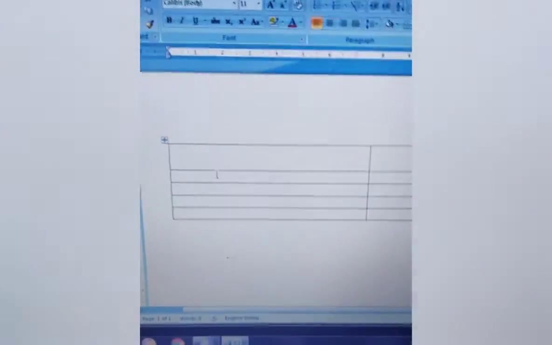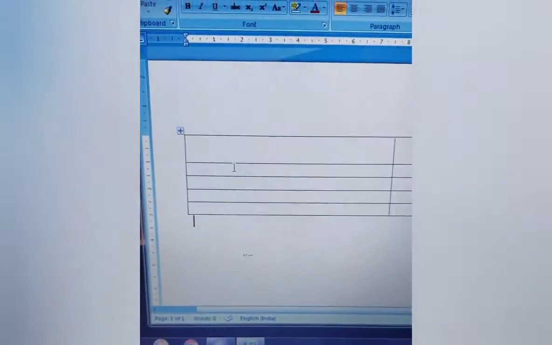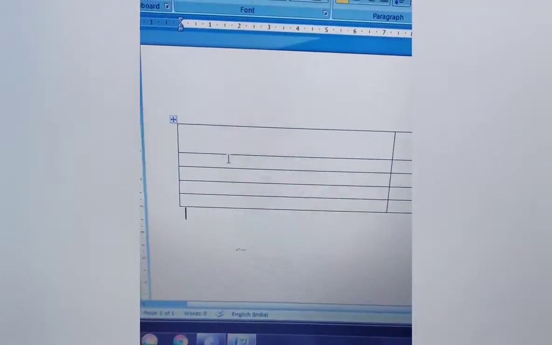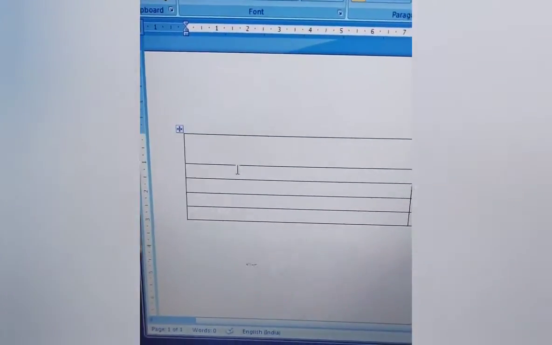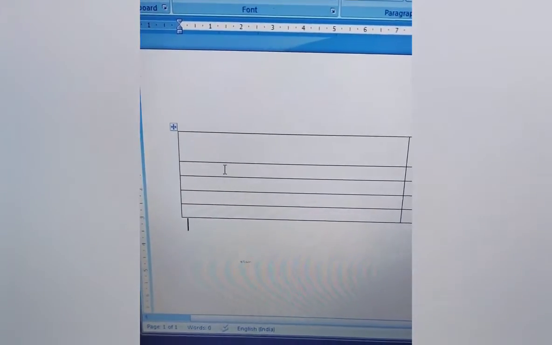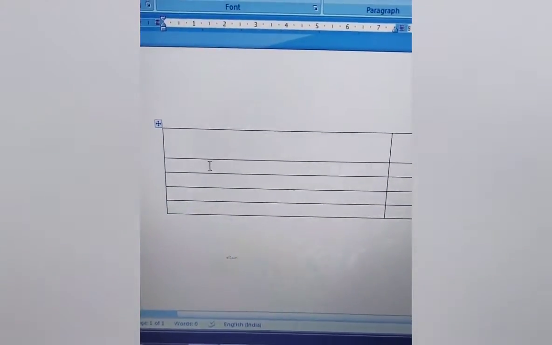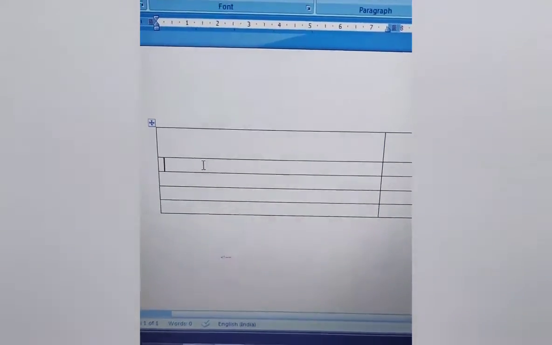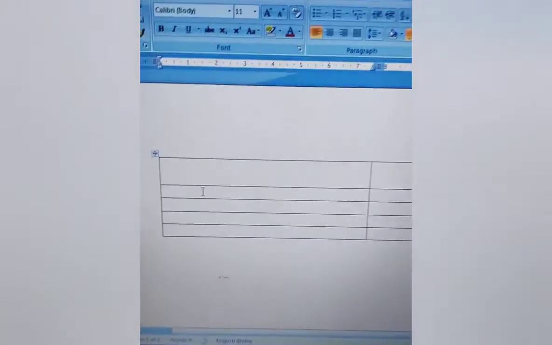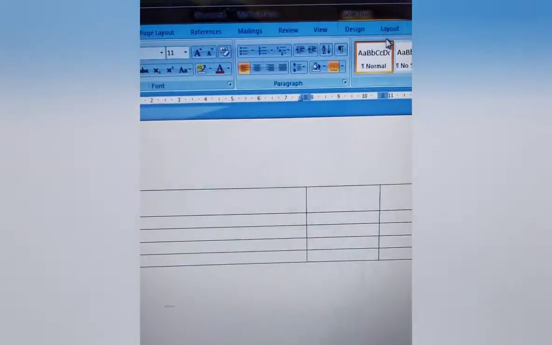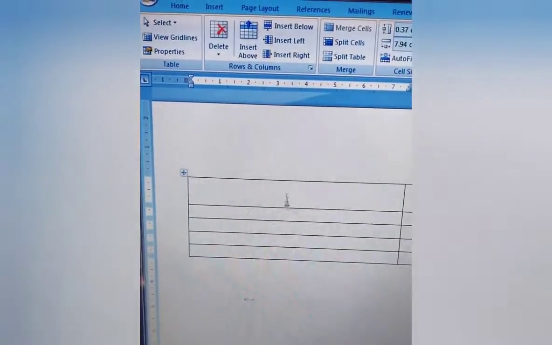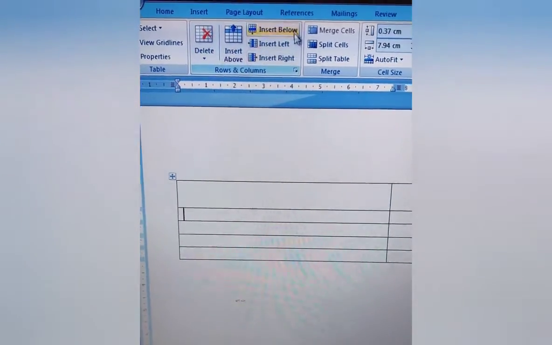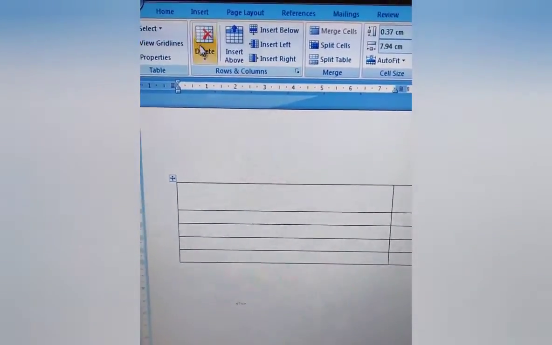Next we will move on to how to delete a cell or a row or a column or the complete table. So what are the steps of deleting any cell or row or column or table? We can click anywhere within the table, in any cell, in any column or row that we want to delete, and then we go to the layout tab. Where is it? It is here at the end, layout tab. So we find options like this. See, previously we have used these options to insert any row or column. Now we will use this one, delete.